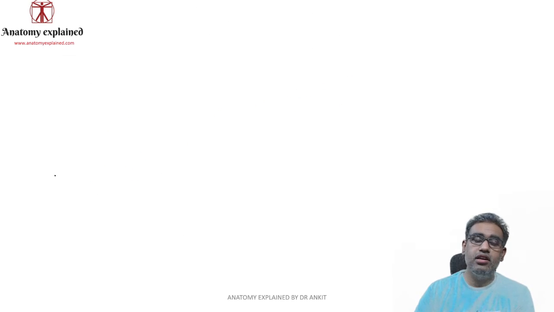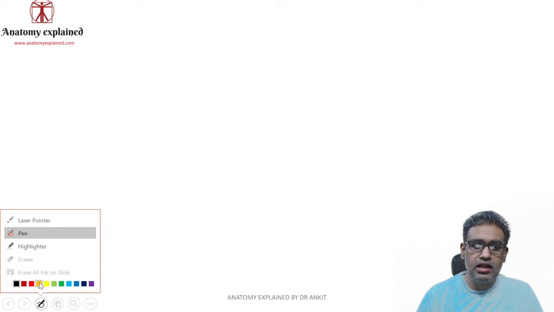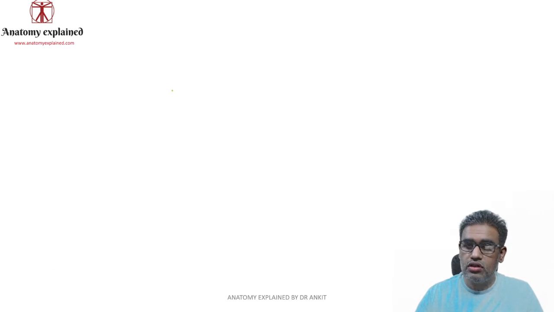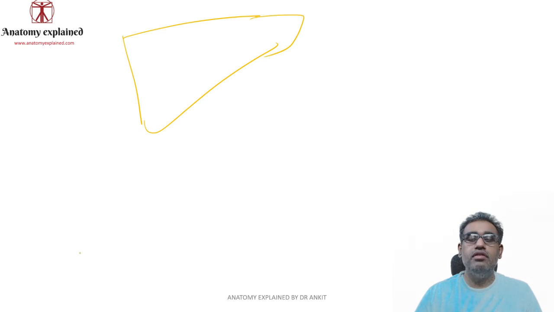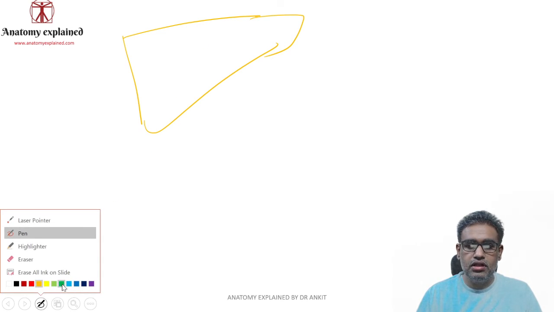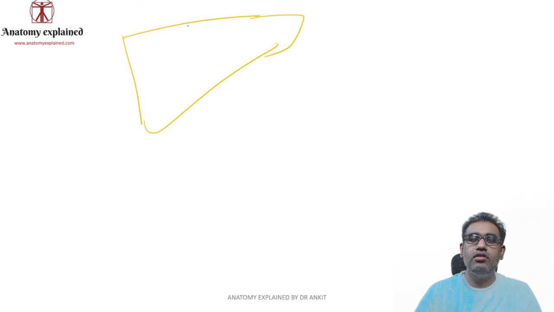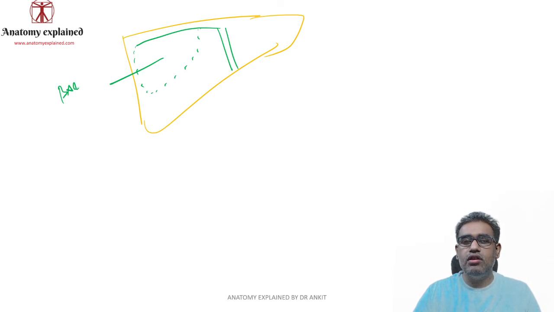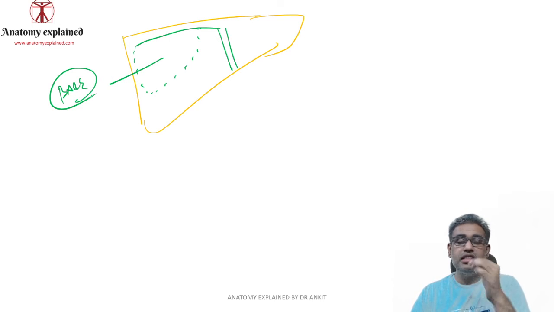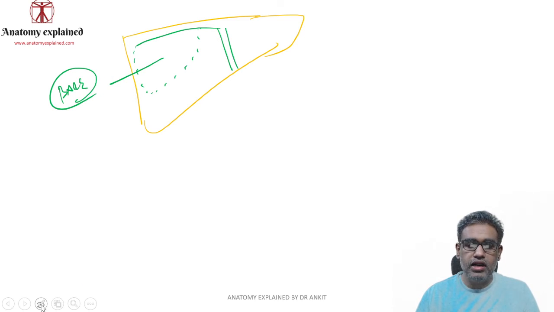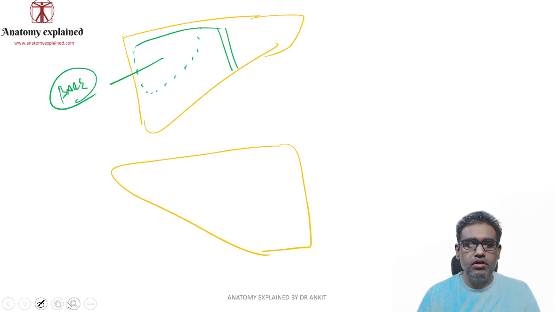Apart from this retroperitoneal area, we did a lecture, if you remember, on the peritoneal ligaments of the liver. If you look at the liver, there is an area in the posterior part of the liver which is known as the bare area. If I just mark it out, this was our falciform ligament, the superior layer. It went behind, that is the posterior surface, and this was the bare area of the liver. So again, the veins in the bare area of the liver, if we look at the liver from the posterior, that would be more comforting for you to understand.